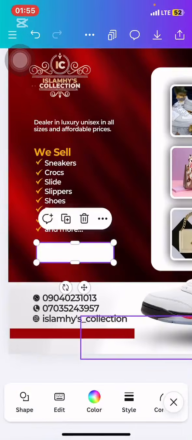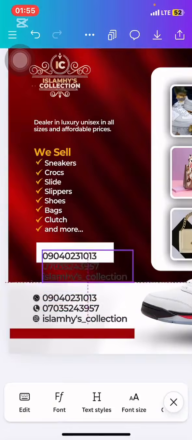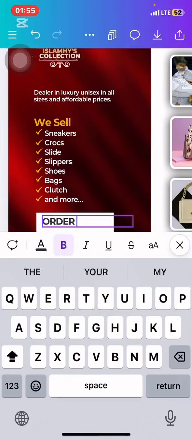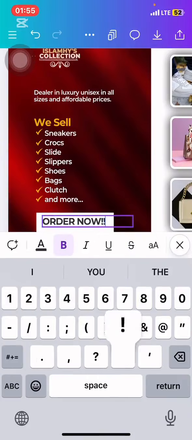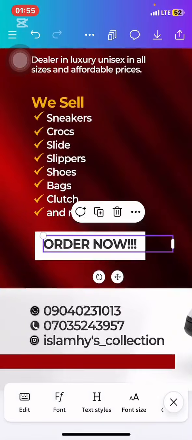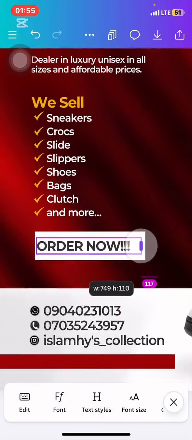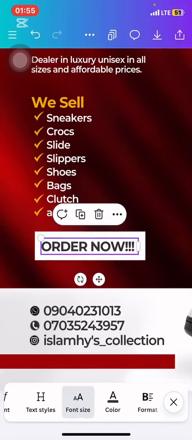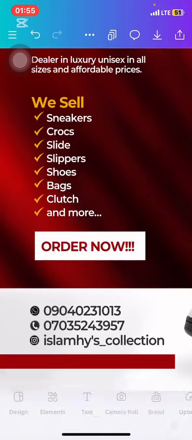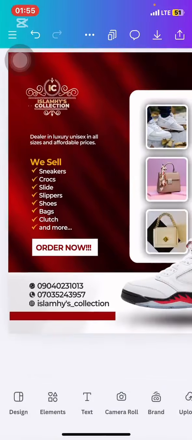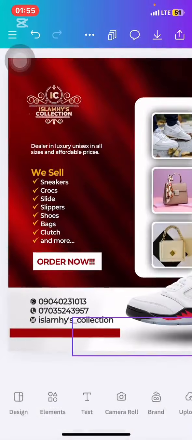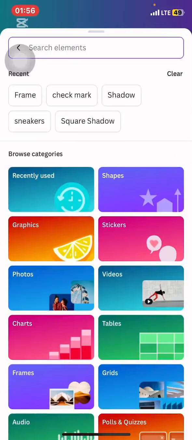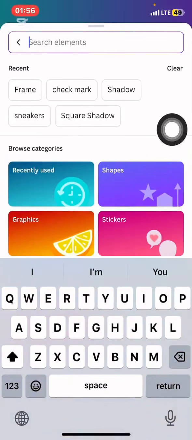Then I type here. Let me just take from this text here. Then type border now. So just take this. So let me change the color to this color. So what we now do next, I added a shadow to this stuff. So the shadow I added to it is just like you come to your element here, then you search for the shadow. You just the shadow, let's say rectangle shadow,